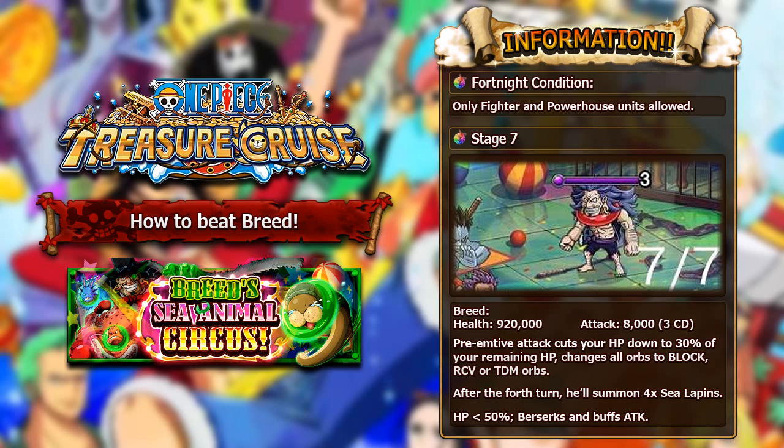And if he falls under 50% HP, he will berserk himself, which basically means he'll go to a 1-turn cooldown, and he will basically just buff his attack. And this buff attack means that his regular attack power will become 12,000. So once again, this guy is an absolute monster, and in my opinion, he's one of the most difficult